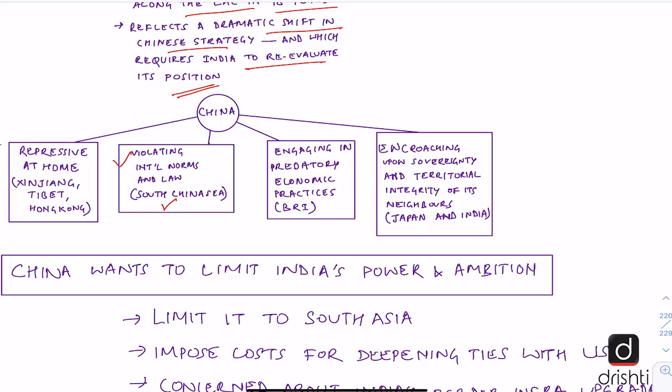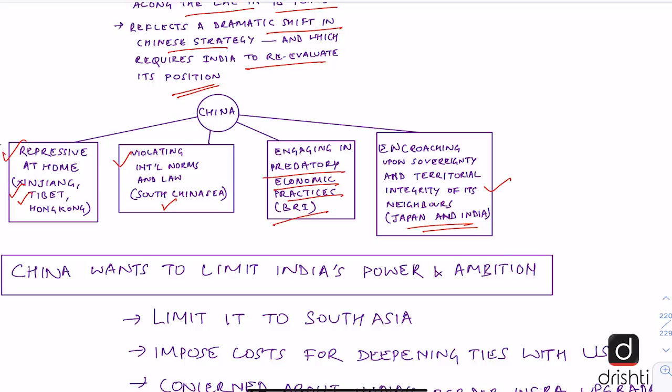South China Sea. Also, it can be seen in its predatory economic practices as far as the Belt and Road Initiative is concerned, where many countries have fallen prey to the Chinese debt trap. It can also be seen in the encroachment upon the sovereignty and territorial integrity of its neighbors, where Japan and India stand out as two examples. Also it can be seen in the repressive policies which the Chinese government is pursuing at home in its provinces in